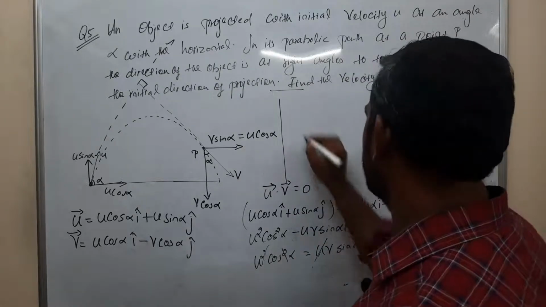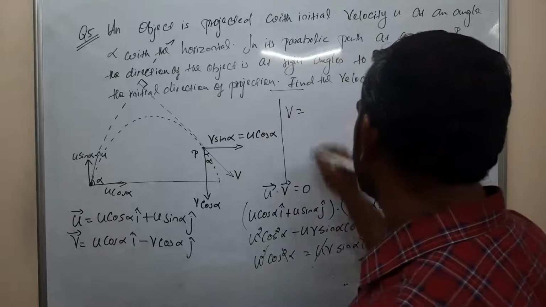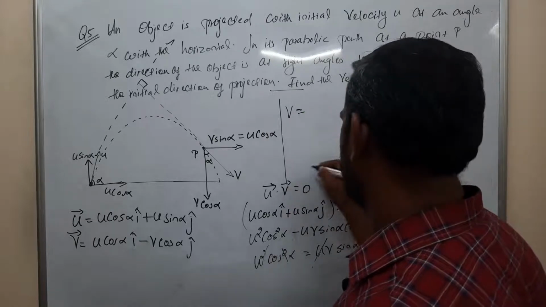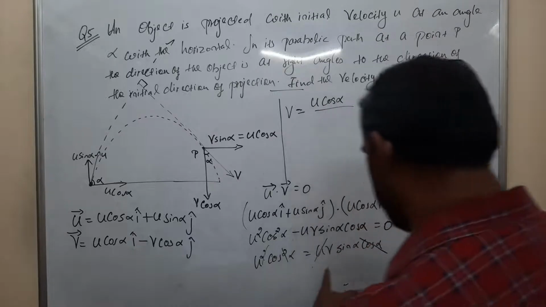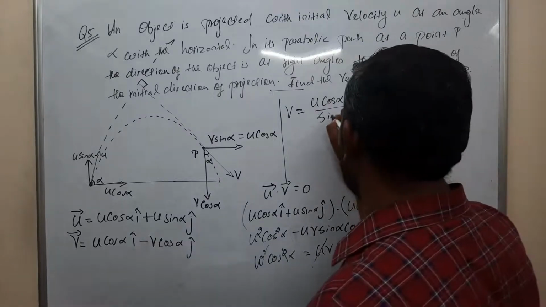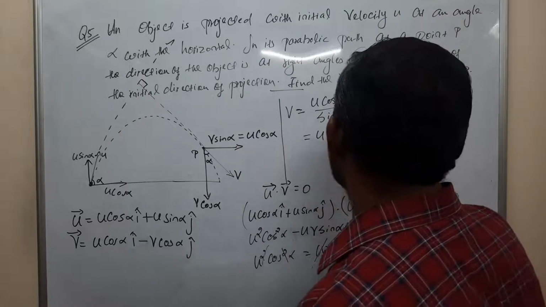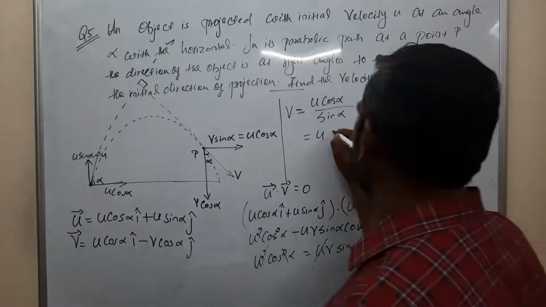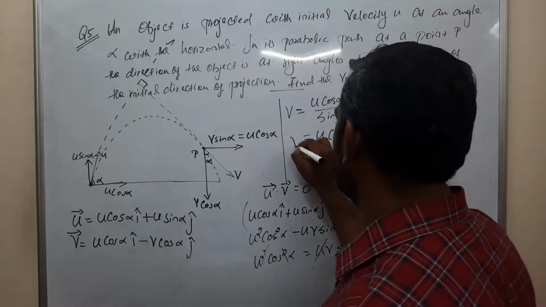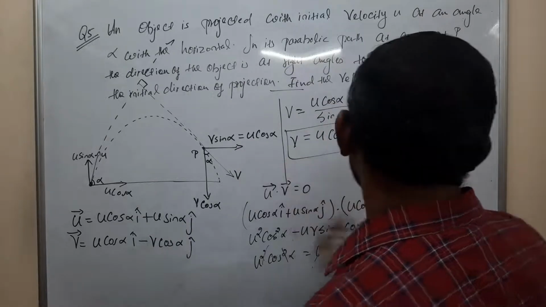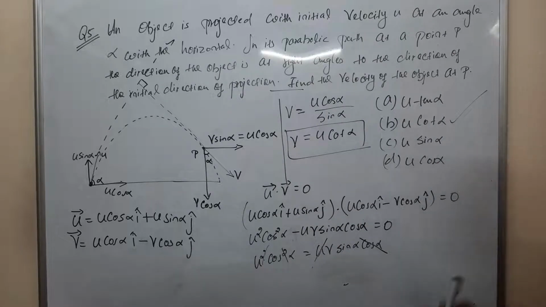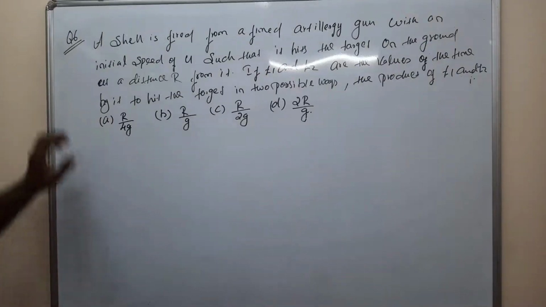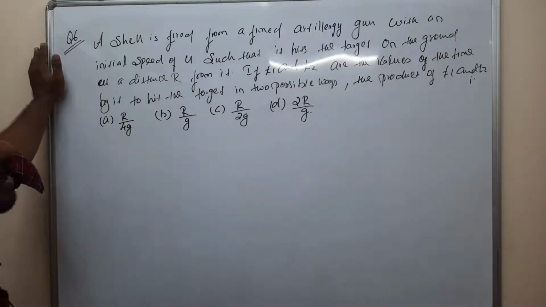That is v is equal to u cos alpha divided by this sin alpha. So u cos alpha divided by sin alpha, that is cot alpha. So this is the velocity. So which option? That is u cot alpha is the correct option. Clear? Sixth question. A shell is fired from a fixed artillery gun with an initial speed of u such that